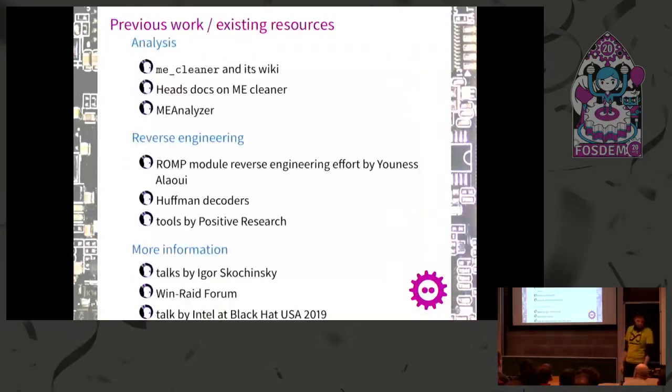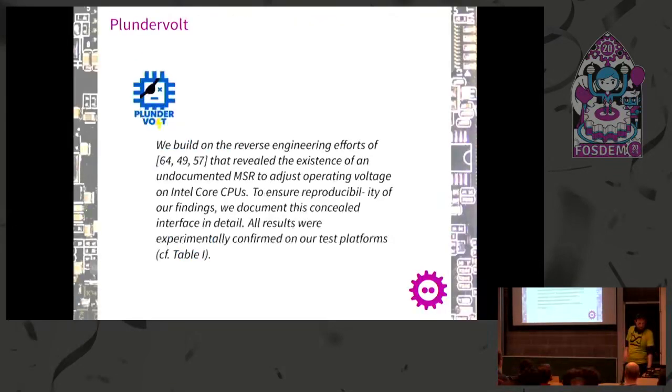But we can take some first steps. There is previous work, there are some analysis tools, there has been some reverse engineering. So I put all the references here. And now I'll tell you a bit about some attacks which actually resulted from reverse engineering. For example, there was the Plundervault attack. This is what some shady people in the dark corner could have come up with. Nobody would have noticed because you were never allowed to look into the stuff, right? I think everybody heard about this. If not, look into it. Just search for Plundervault, you will find it.